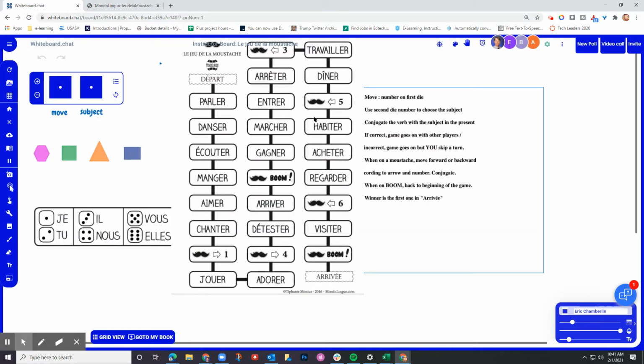When we came back over here to Whiteboard.chat with a blank page, we wanted to put the game board in first. So you would go to Add Media. You would go to Upload File, click from Computer, and go and find the JPEG, and then add that to